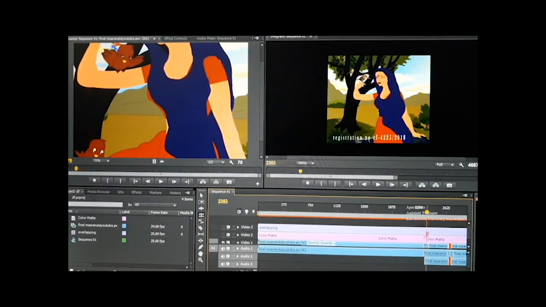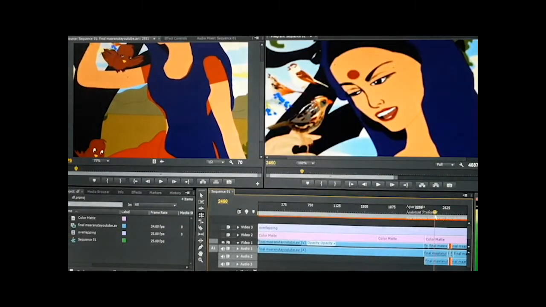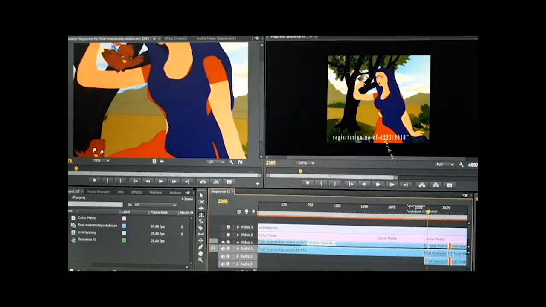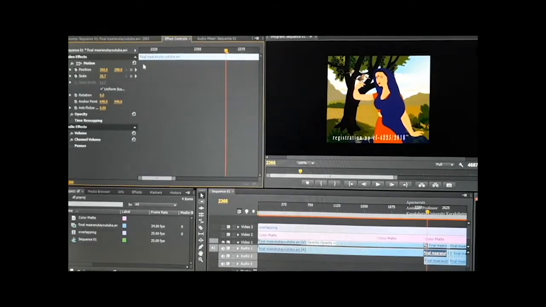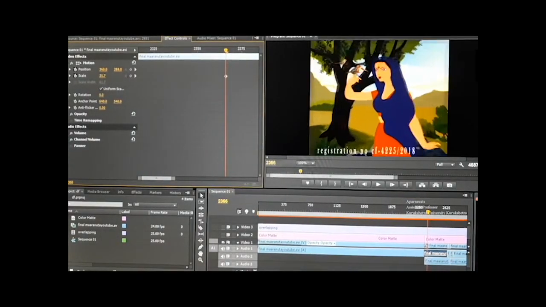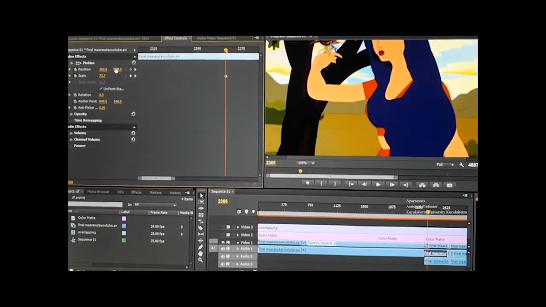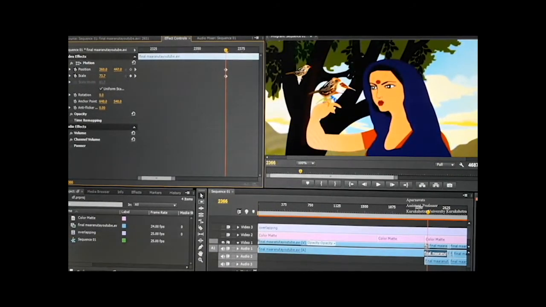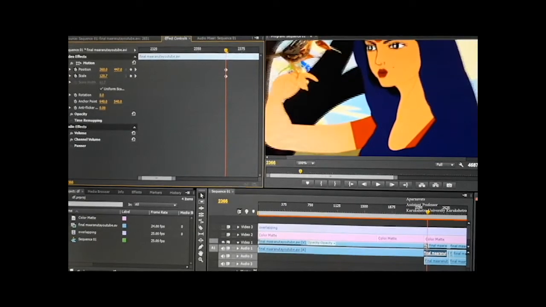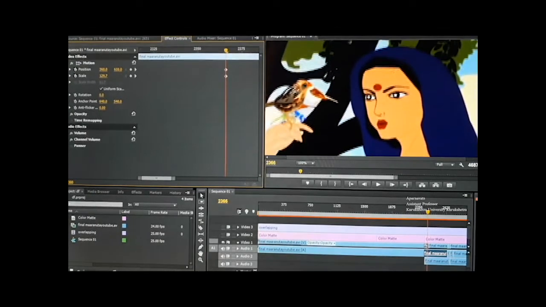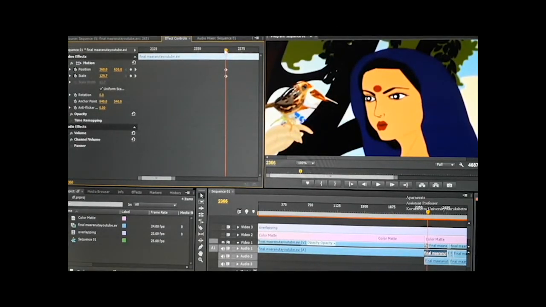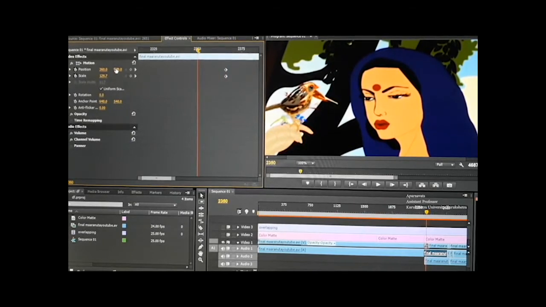See this scene, I want this scene again. See this one scene, effect controls, scale, and this one, scale it more and down, position here and here, here a little bit.